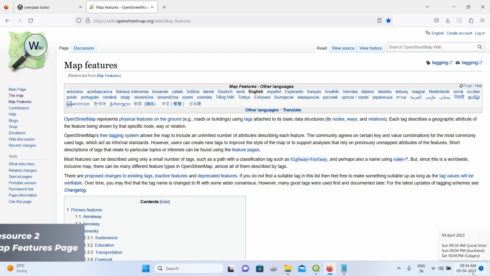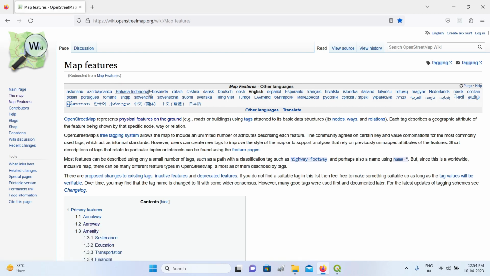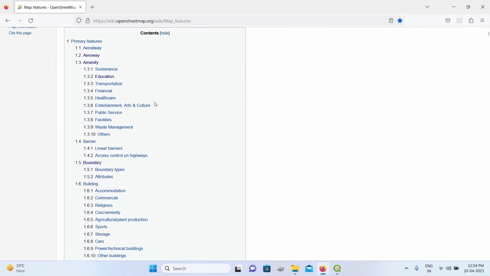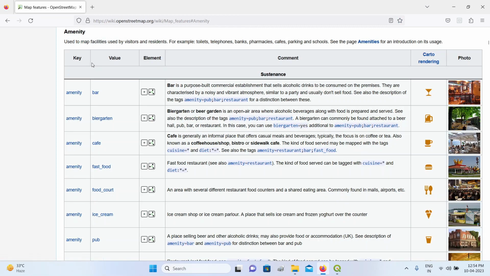The first of these resources is the map features page from the OSM wiki. So let's head to the map features page and explore it. The map features page is a great resource for researching key value pairs. As you scroll down, you will find numerous options, and when you click on an option, you will then see